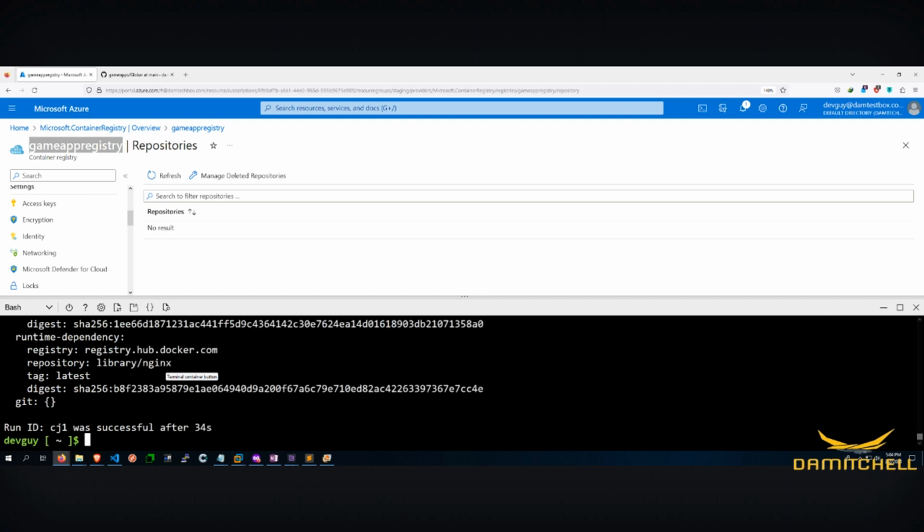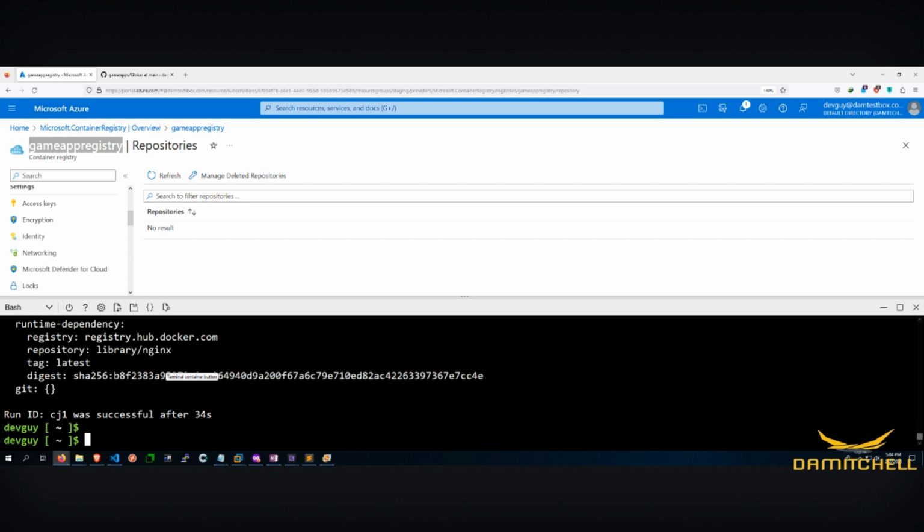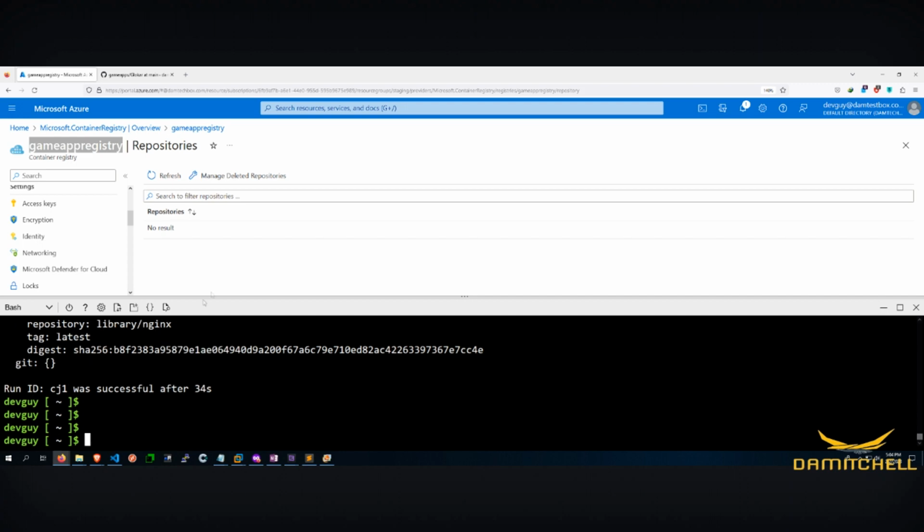It didn't take that long, 34 seconds. So if we go back into our repo here and click refresh, boom, there's our Glowcar image. All right, so now that's done. We have our image created, our Docker image ready to go. So now